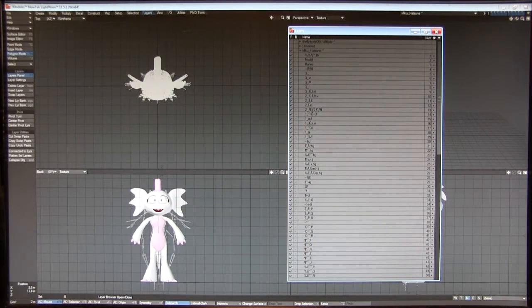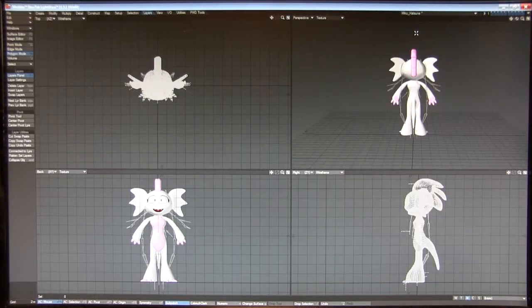The model is triangulated. We've got our bones in there, even though our bones are not matched up with our character yet. That will also be done in the PMD editor. The final step will be to do an export. We go to PMD tools, go to exporter,